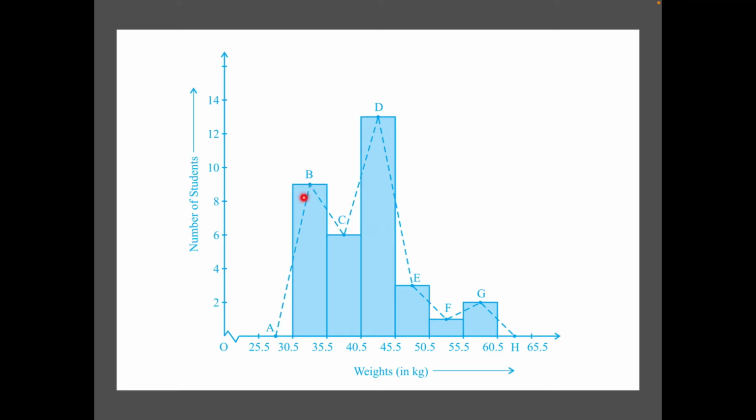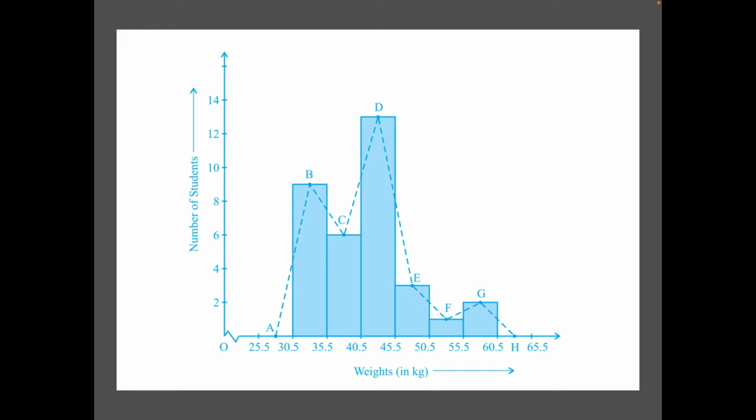If you notice, we are excluding this part of the bar, right? But at the same time we are taking this part which is actually not part of the histogram. If you notice, this triangle is congruent to this triangle. So in a way I am including this instead of this. This triangle I am excluding, but at the same time I am taking this triangle. Similarly, this is included, this is excluded. So this way the properties of congruent triangles are useful here, and you can say that the areas of both the graphs, that means the histogram and the frequency polygon, are equal. I hope this is clear to you.